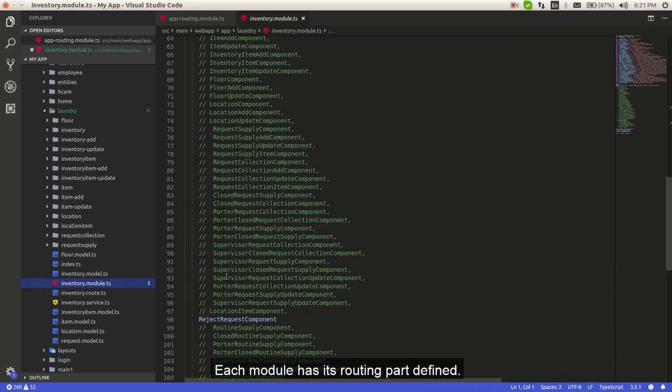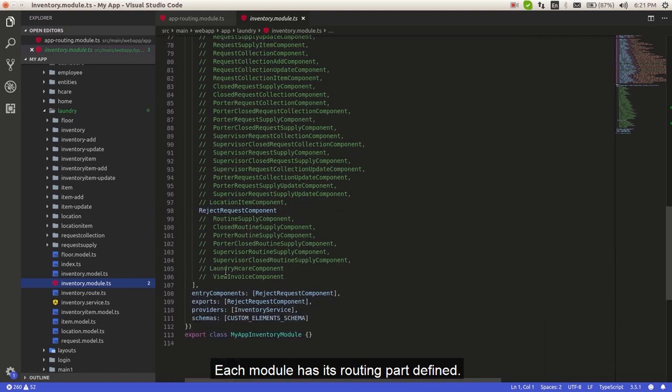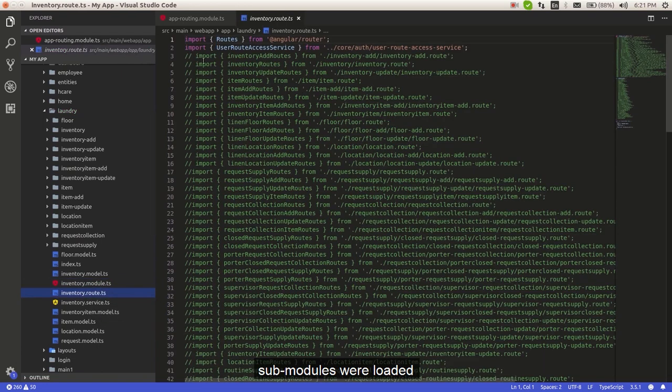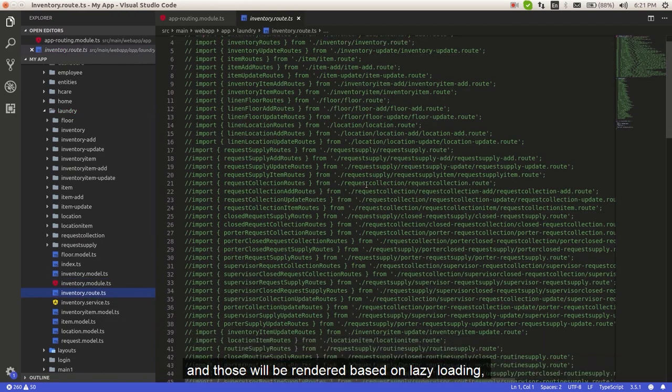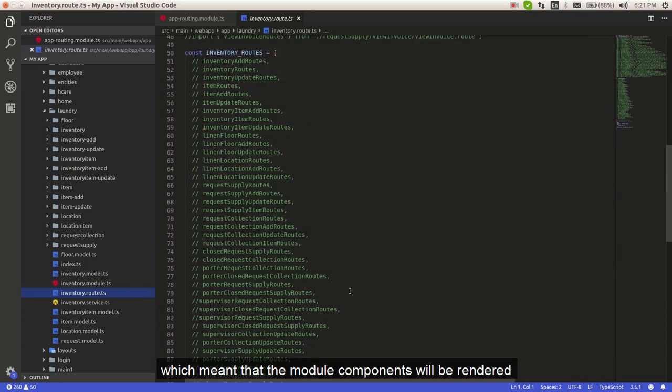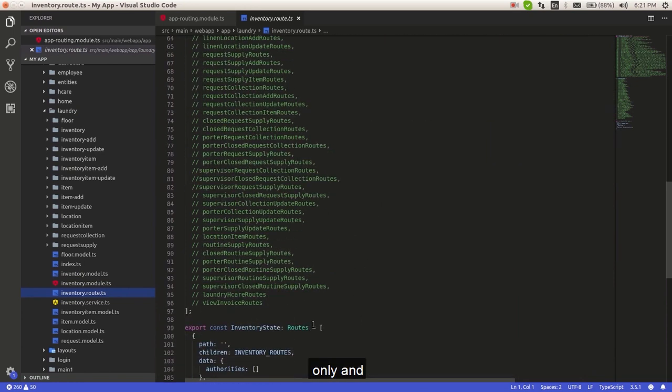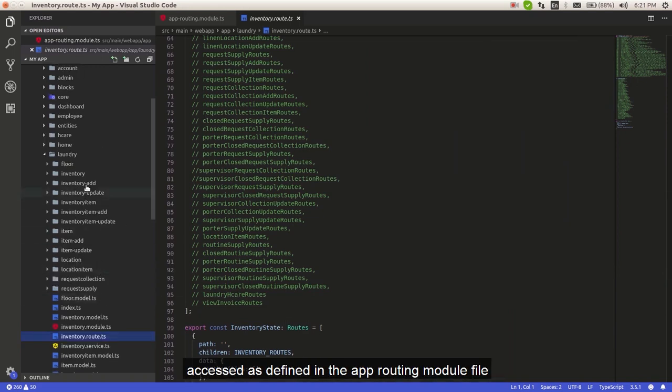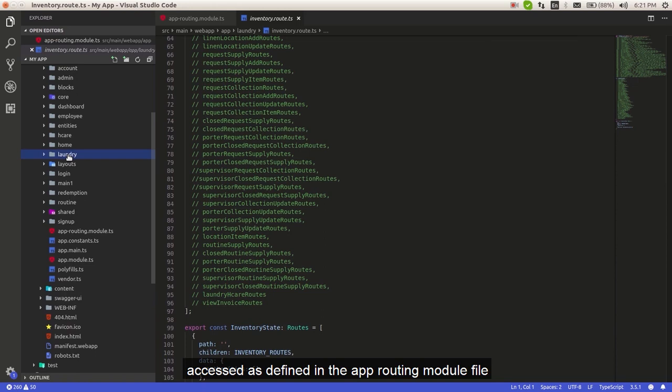Each module has its routing path defined. On the app routing module, submodules were loaded and will be rendered based on lazy loading, which meant that the module components will be rendered only whenever its path is accessed, as defined in the app routing module